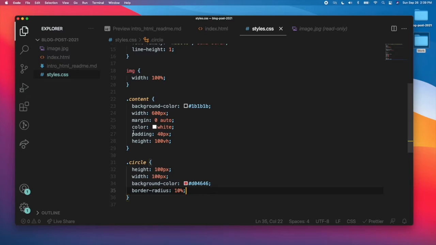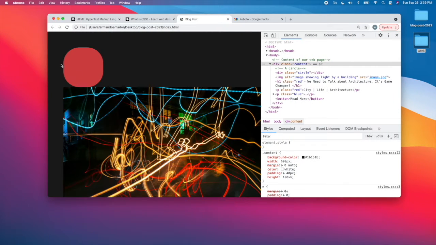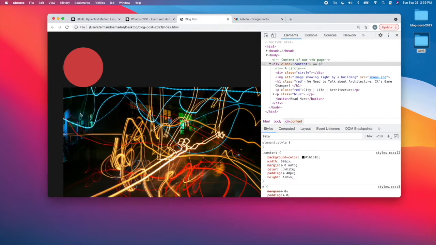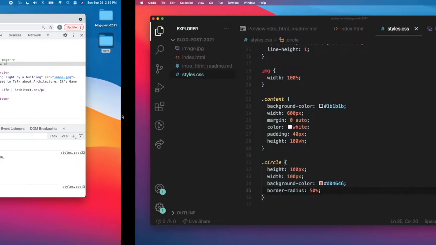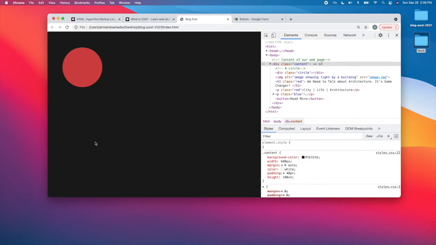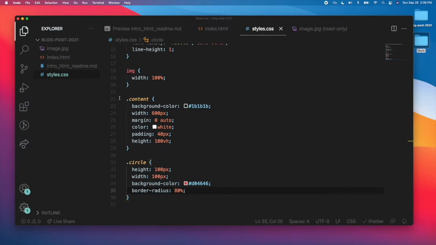So what we could do is, let's try 40% for now. It's almost a circle, right? So let's try 50%. So this looks like a circle. Now, what happens if we made it 80%? Nothing happens. But for now, since 50 does the job,